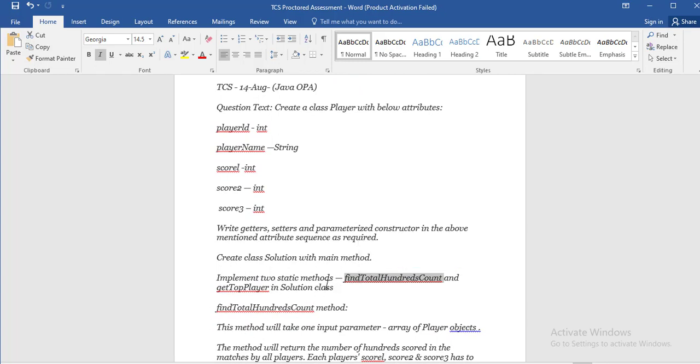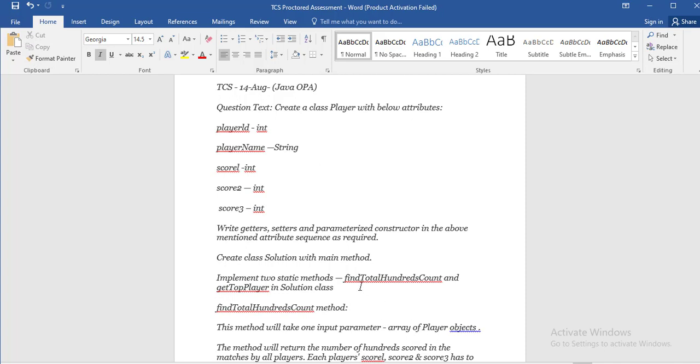The findTotalHeadCounts method will take one input parameter, an array of Player objects. So you have to create a Player array, and that array will store the Player objects. You have to create the Player objects as well, which I will do.